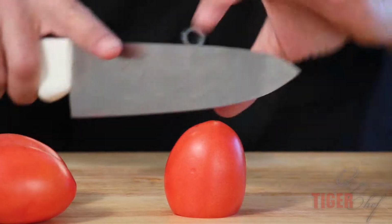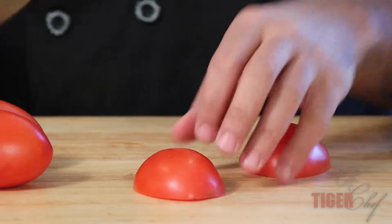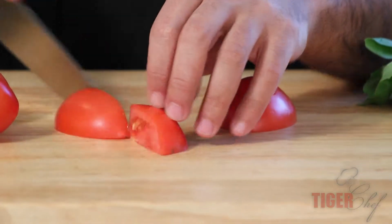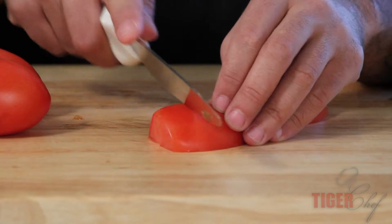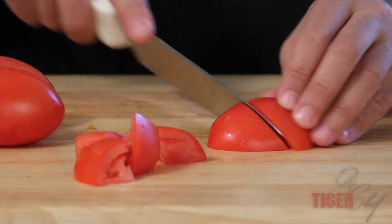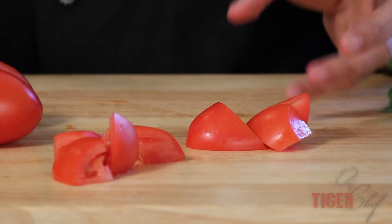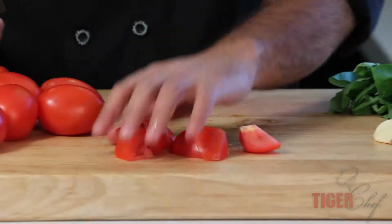And then I want to cut these into small pieces. Now, if your tomatoes are a little bit bigger, you want to cut them into smaller pieces. But I usually go into about 8 pieces each tomato. So that's 4 in one half, and that's 4 in the other. You're gonna wanna cook these out until they're completely mushed. So the smaller it is, the faster it'll cook, but you don't wanna take up too much time cutting your